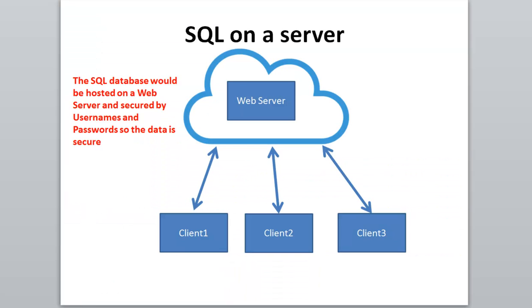It goes without saying that in real life the security is a really massive issue. So what happens with SQL databases is they sit on web servers, and there's a secure layer of passwording with usernames and passwords to make sure any connections which are incoming are actually connecting properly to the database without being able to drop tables or delete databases, and everything's kept secure like that. So here you've got the web server hosting the SQL database on the internet, and all the clients around the world, all the users around the world being able to connect to that one server without being able to mess